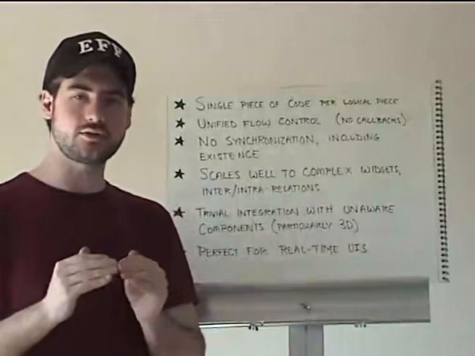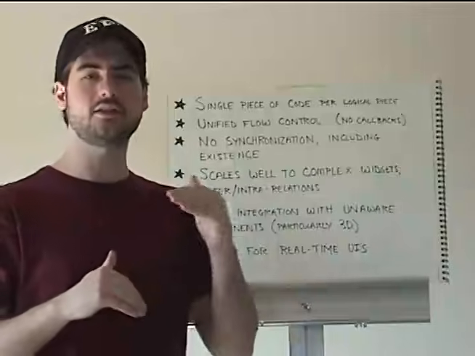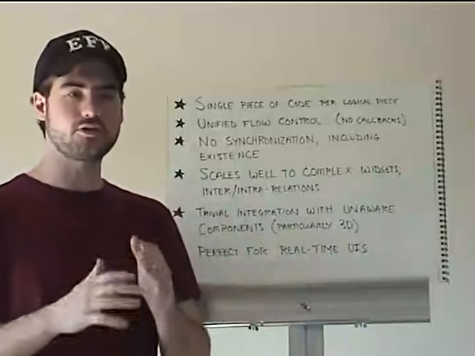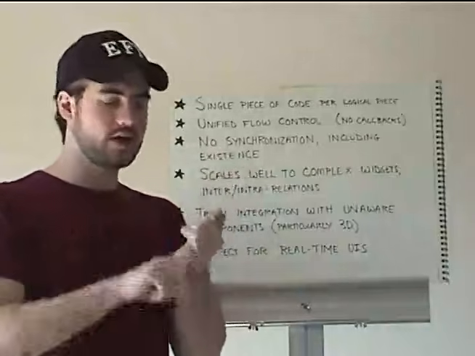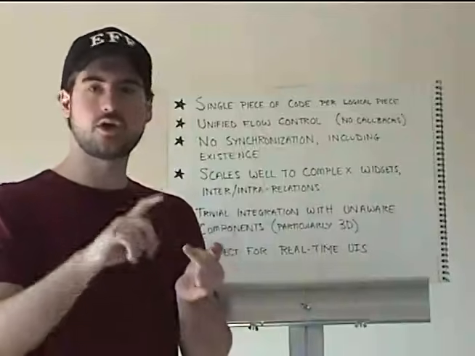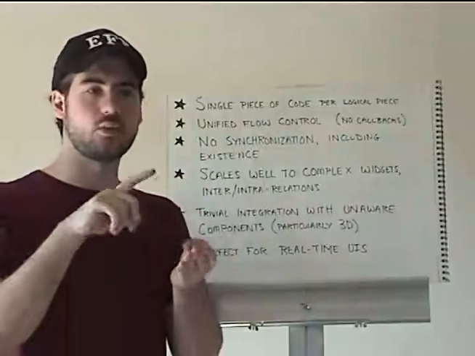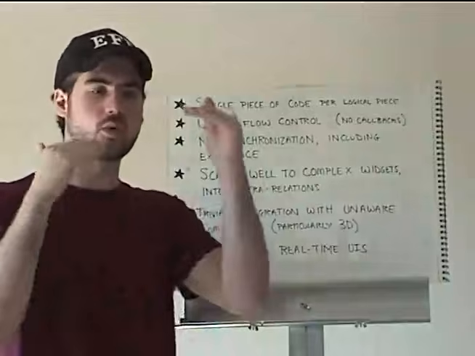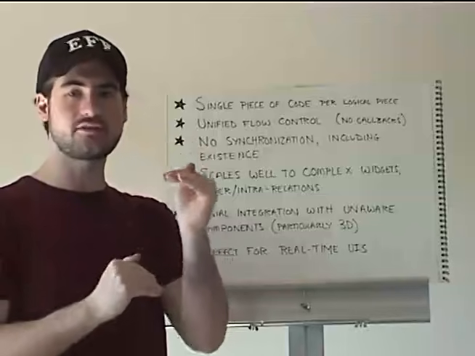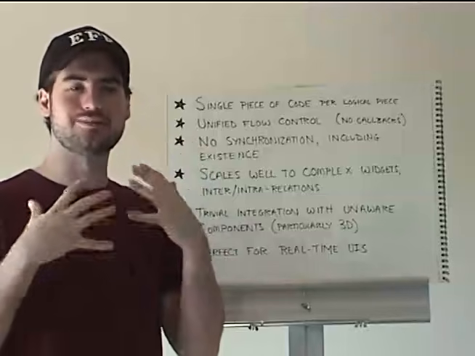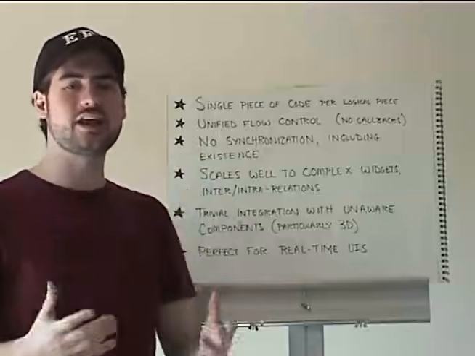If you wish to load something from a file, you could, but that's entirely optional. For the most part, all you have to do is write a single piece of code which encapsulates where something's drawn, how it's interacted with, and what you want to do when that interaction comes through. No matter how complicated it gets, it's all in one place. And that's very important because it keeps the code much cleaner, and it makes it much easier to edit when you know that